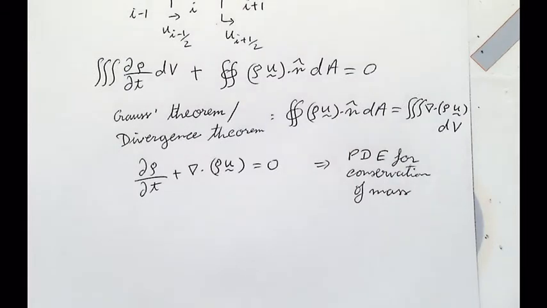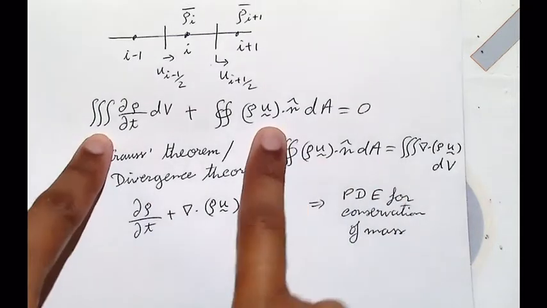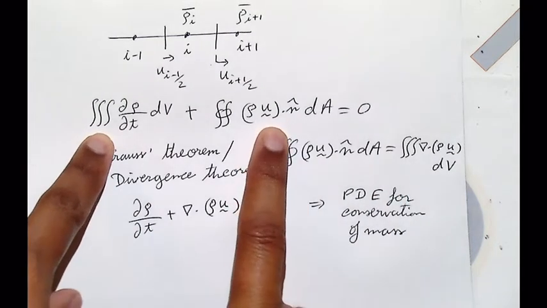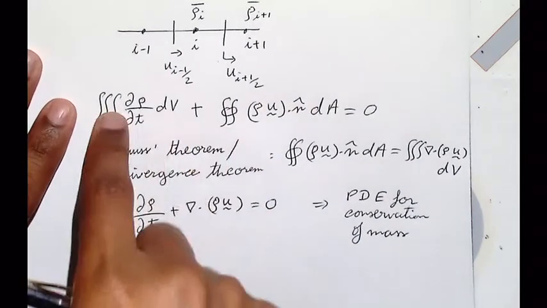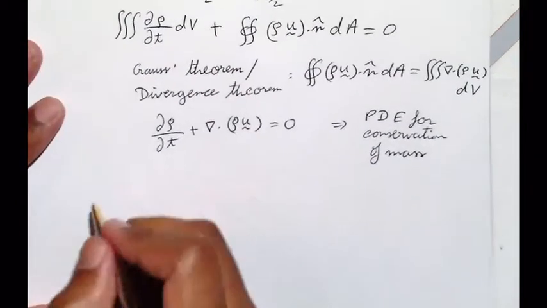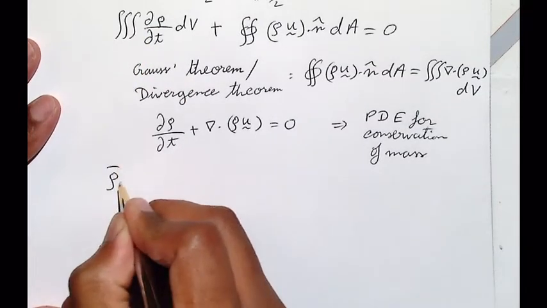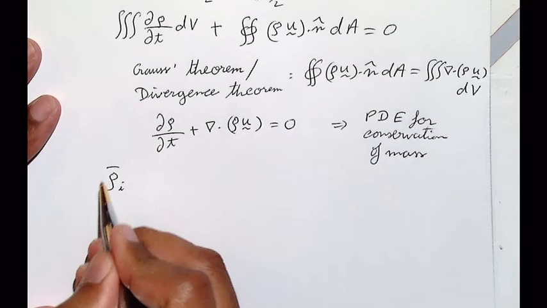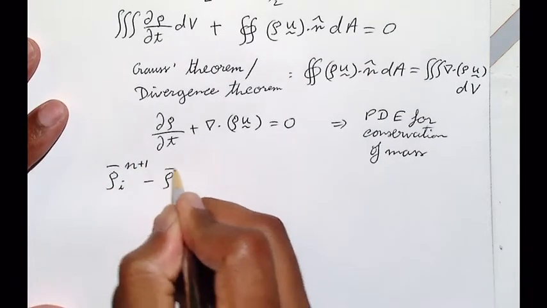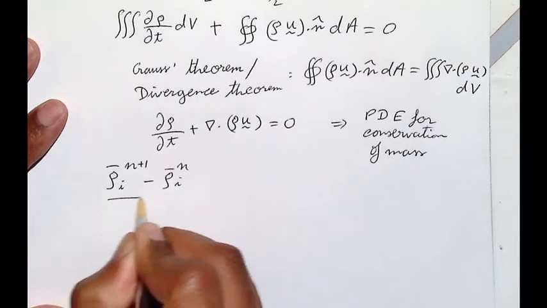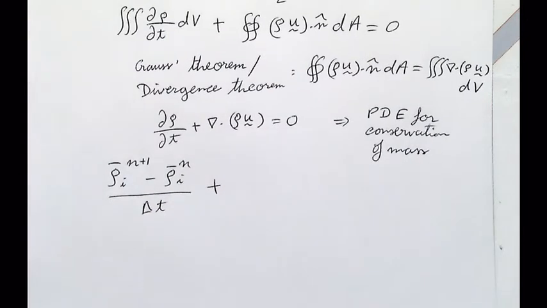And then we talked about, all right, so fine, we have this integral form. What do we do with it? How do we discretize this? What is finite volume? So finite volume turned out to be, the time change would be represented as rho bar, so this is the average, at n plus 1 minus rho bar at n, divided by delta t plus what? Do you remember? What was it?